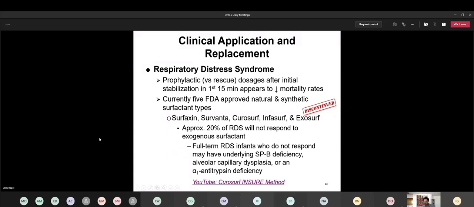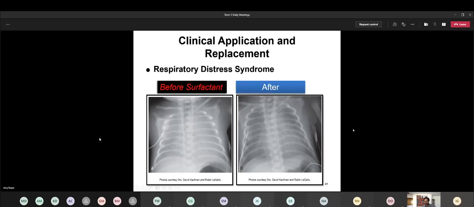Now, respiratory distress syndrome. So here's a picture where this infant definitely has the ground glass type of appearance that will usually be associated with respiratory distress syndrome. It looks kind of hazy and almost like a glass kind of appearance. And this baby does not appear to be intubated, but it's kind of hard to tell. I can see the feeding tube that goes straight down into the stomach, but I can't tell if there's an